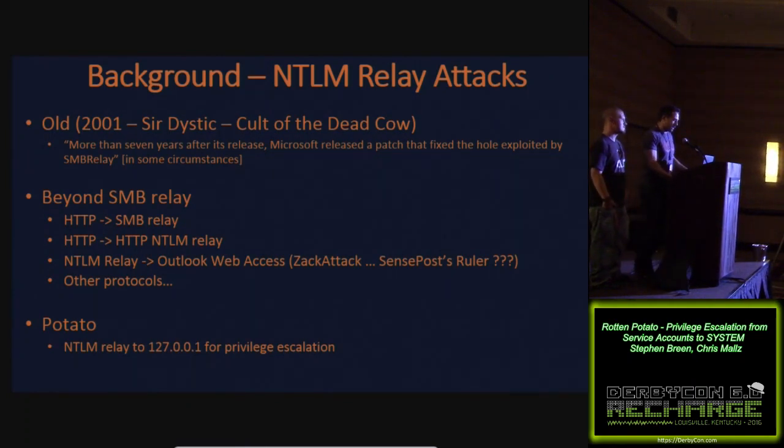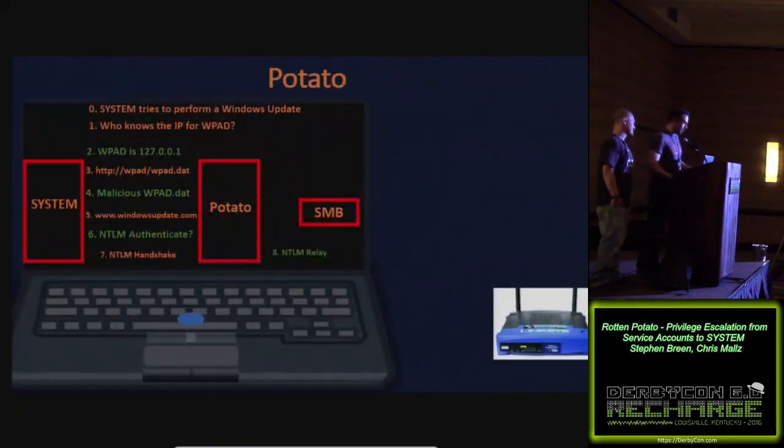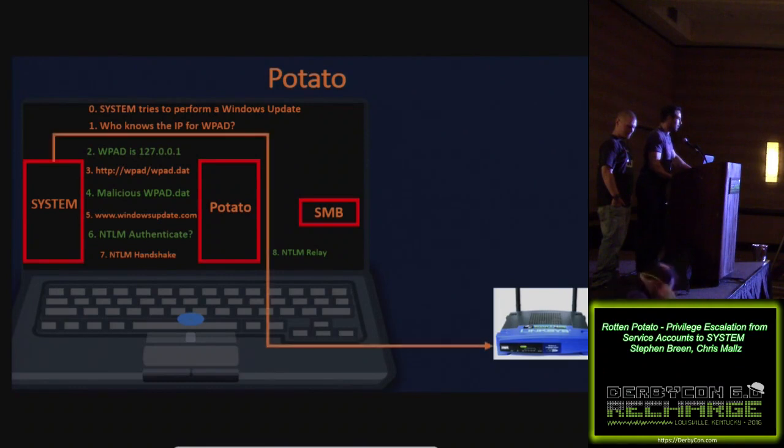So just briefly, again, reviewing the whole attack, Potato, start to finish, just so everyone's on the same page and knows what we're talking about. The first thing that happens is we click on the Windows Update button and we try to tell the computer to fetch updates for itself. Windows Update runs as NT Authority System, so very high privilege account. The first thing that it would do is do a DNS lookup, and if that failed, then it would reach out to the entire local network and say, hey, does anyone know the IP for the WPAD server? The Potato exploit would be like, oh yeah, hey, WPAD's right here, 127.0.0.1.